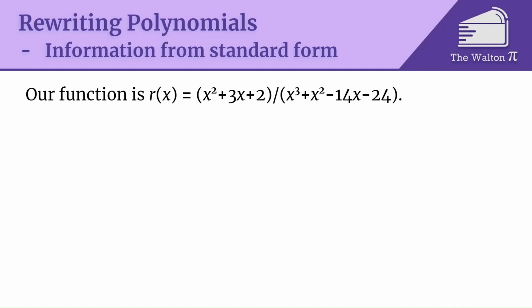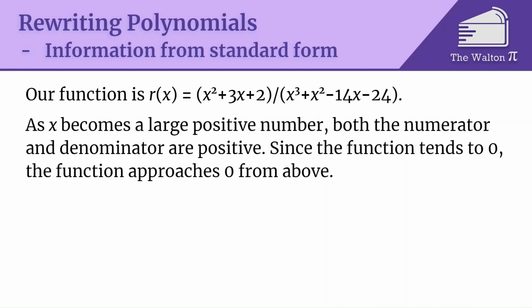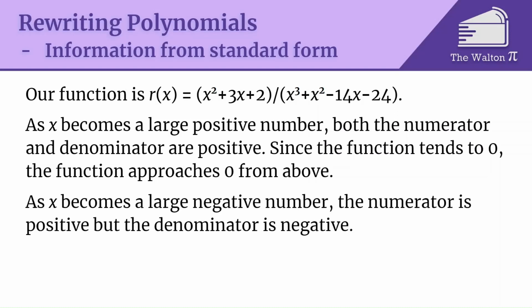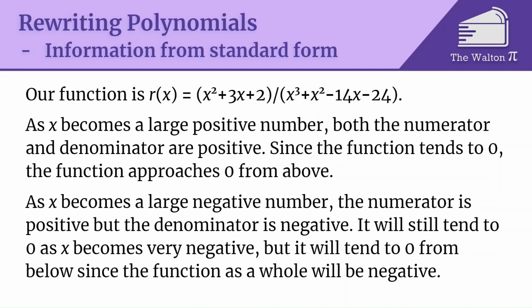Now, let's look at this function. As x becomes a very large positive number, both the numerator and denominator are going to be positive. Since the function is tending to 0, that means that the function is approaching 0 from above. It's going to be approaching 0 and will always be positive. Now, as x becomes a large negative number, the numerator is going to be positive, but the denominator is going to be negative. So this is still tending to 0 as x becomes very negative, but instead it's going to tend to 0 from below,